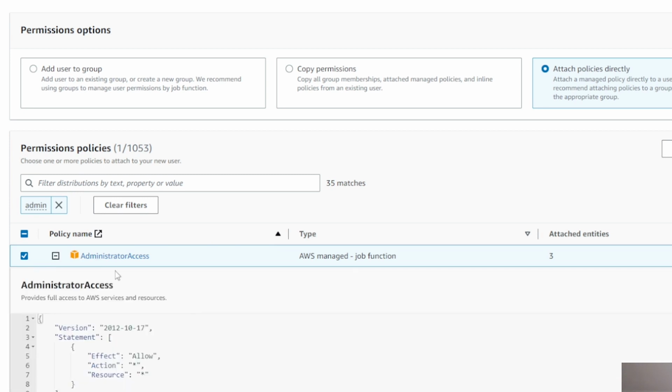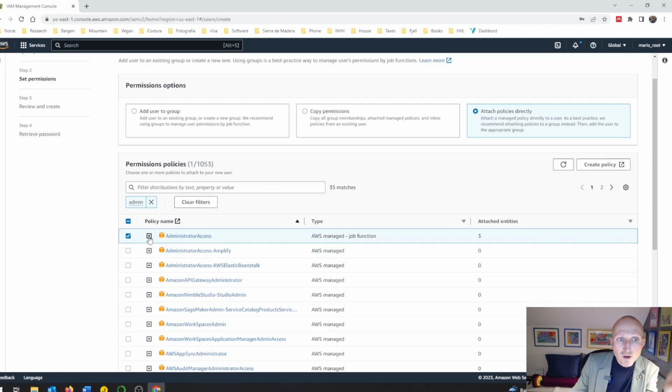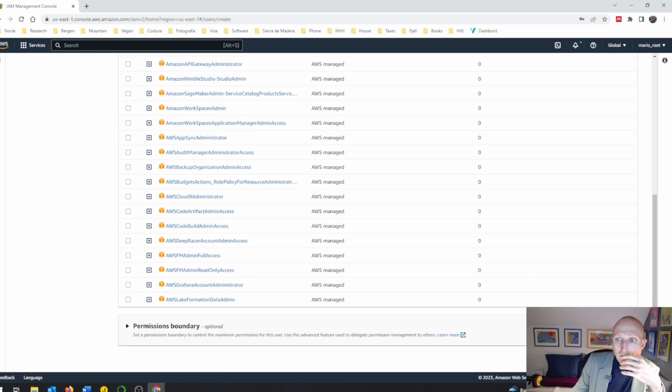If you click here, you have a lot of policies, and it is very easy to modify these policies. I have done this several times, for example, to modify specific features of the policy, but these are policies that are created by default in Amazon. What we want is to assign this administrator access to our user, and we click next,